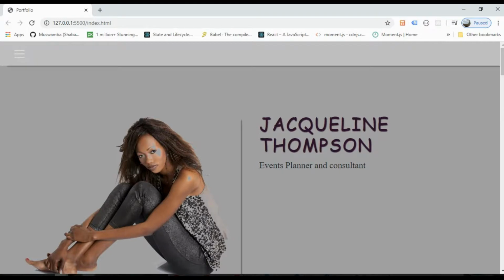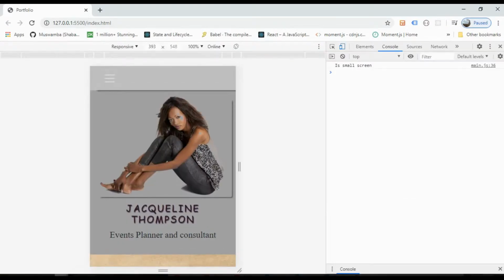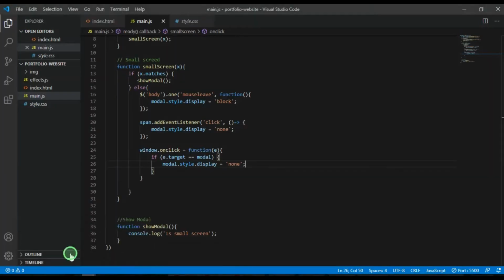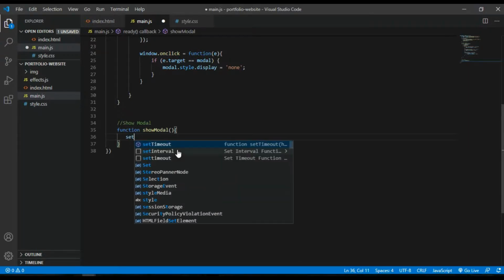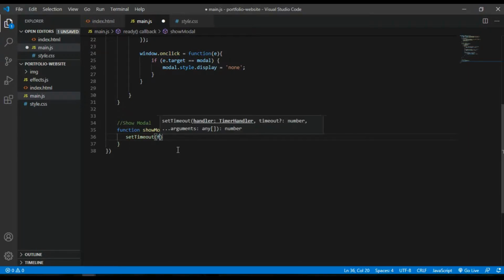Now we can go ahead and create the modal for the small screen. For this one, I can go to my code editor again. In this function, I can just go ahead and set a timeout. For the timeout, I just pass a function here, and for the time I'm going to set 5,000 milliseconds.